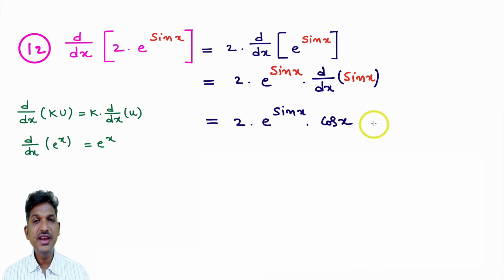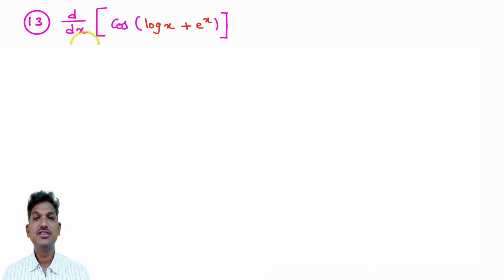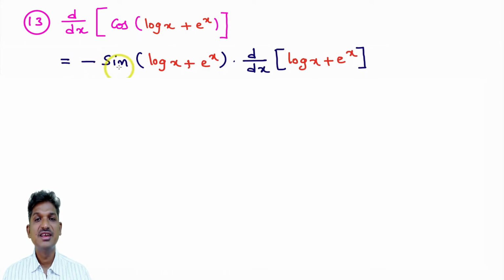That's it. It is very easy. Now we will move to the next question. See this problem: d by dx of cos of log x plus e power x. How to differentiate? Here, which formula is suitable? You see this log x plus e power x. I'll imagine this as x. If I imagine this as x, it looks like cos x. We know the formula. Derivative of cos x is what? Minus sin x. So minus sin of log x plus e power x, into which one you imagined as x, you